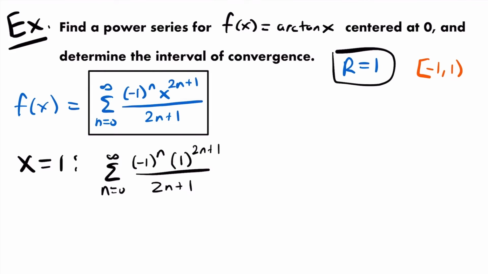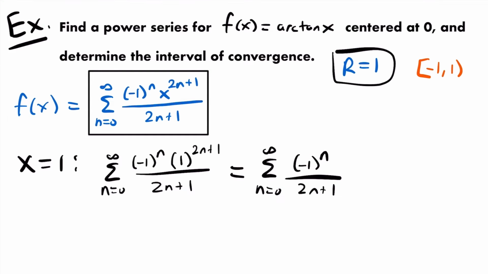All right, now 1 to the power of 2n plus 1 is just going to be 1, right? 1 to the power of anything that's finite is just going to be 1, and so this is just equal to the sum from n equals 0 to infinity of negative 1 to the power of n times 1, which we don't need to write, divided by 2n plus 1. All right, and so now if you notice, this series that we have right here